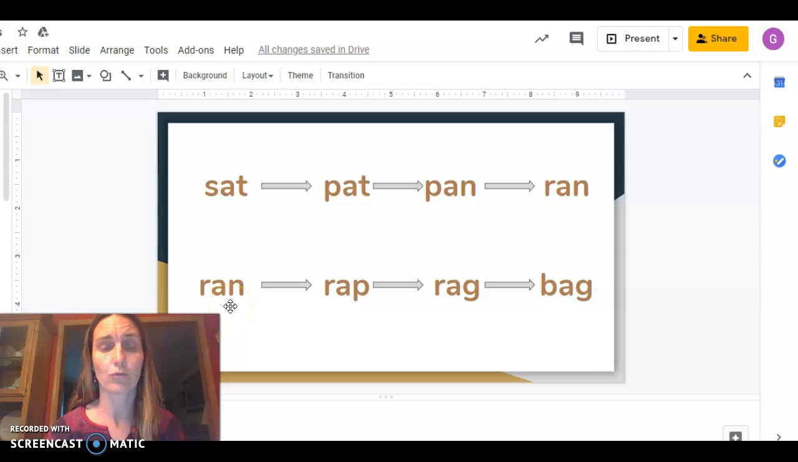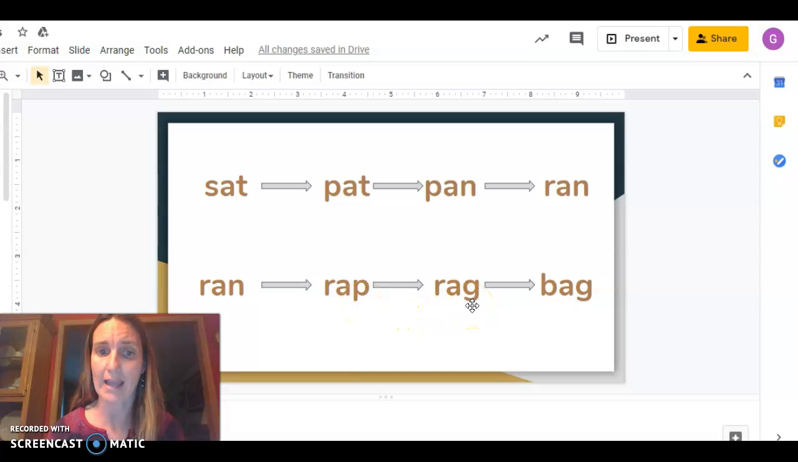I can take the word ran and turn it to rap. I think about where that sound change happens. Ran, rap. The last sound changes, so I say goodbye to the letter N and hello to the letter P to make the word rap. Then I take rap and turn it into rag. Thinking about where that sound change happens. Rap, rag. The last sound changes, so we say goodbye to the letter P and hello to the letter G